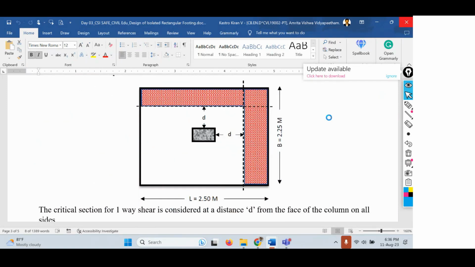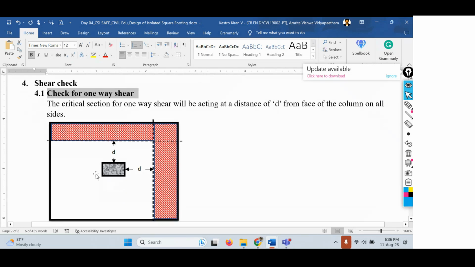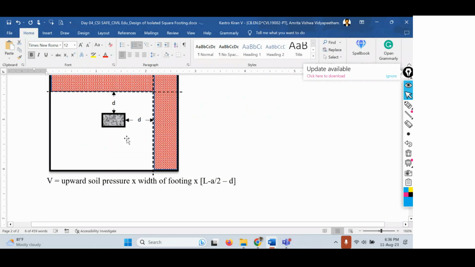But in this case, it's a square footing and square column. So since it's a square footing and square column, the distance d will remain the same. That's why you can calculate for either (L minus a) by 2 or (B minus a) by 2, anything you can do, because the dimensions will not change. Therefore, capital V equals upward soil pressure, 196.43, into the L value. What is L? L is the length of the footing, that is 2.8. Sorry, first we have to go with the width of the footing, that is 2.8 again, into the length of the footing,